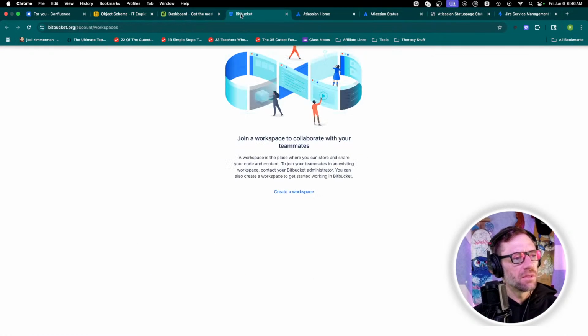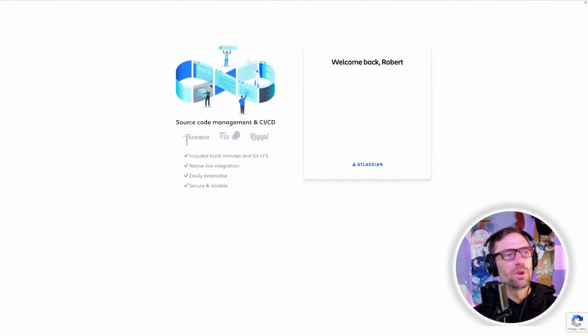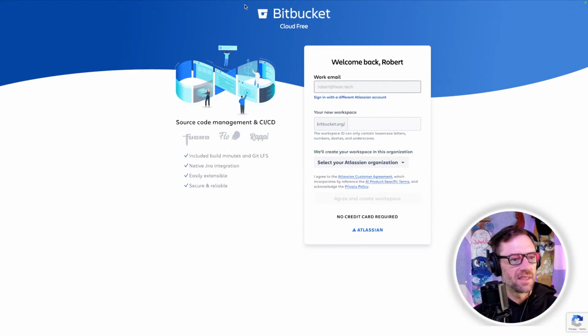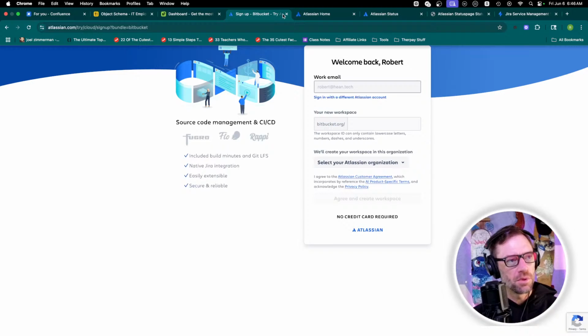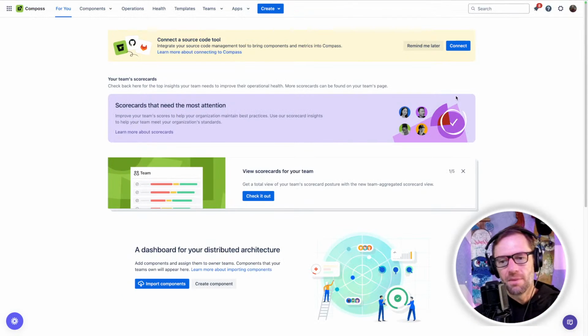We've got Compass. Oh, wow. Bitbucket is completely blank in this instance. And again, Bitbucket is where the code lives. So this is where my developers would be. I have to sign up from the dead stop. Okay, we won't do that then. I would tie Bitbucket into Compass so Compass can keep an eye on Bitbucket.